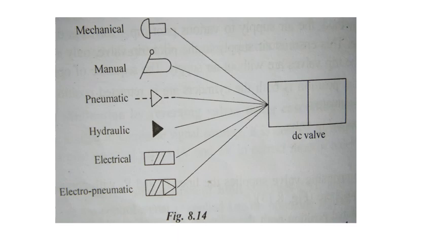Next, other than that, when you have a different kind of thing, see the mechanical, manual lever operated is a manual lever, and this open triangle will be called a pneumatic signal, input signal. Then a closed, darkened triangle will be called a hydraulic signal, and a rectangle with two lines or single line indicates the electrical, nothing but a solenoid operated valve. Along with the rectangle, one inclined line and the triangle, it is electro-pneumatic. So the valve can be actuated by using the electric signal, along with that a pneumatic signal also.